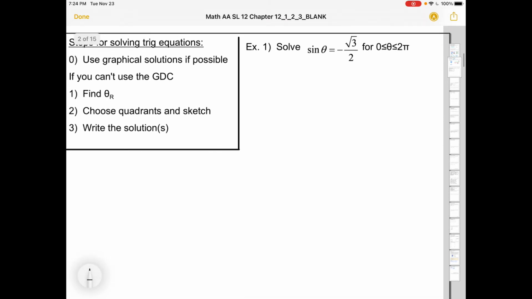So we did the process, but we never talked about what the process is. So here we go off to the side. It says steps for solving trig equations. This is what I think you should do. You should use a graphical solution if possible. So that last one,